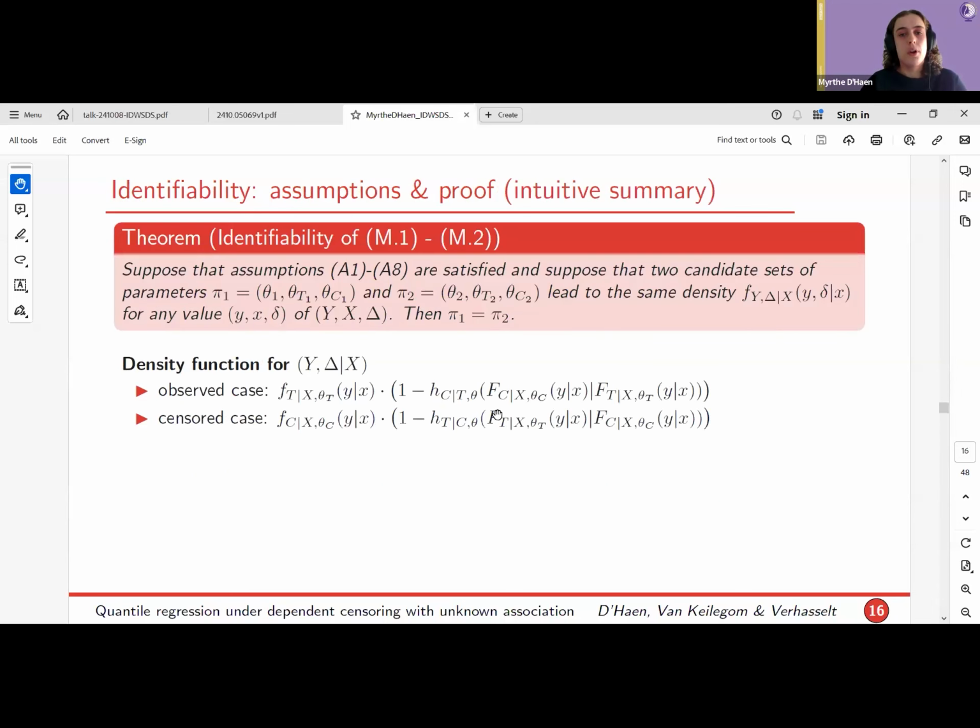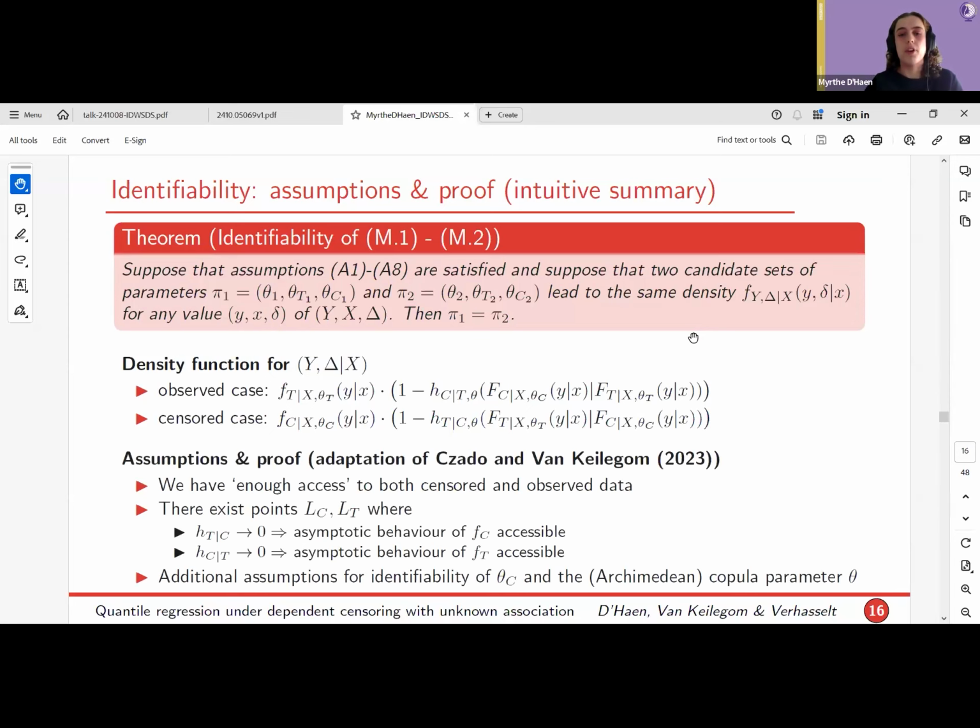So after this important intermezzo on the parameter status of lambda, let us get back to the identifiability. So now we will assume that lambda is present in the parameter vector only in those cases which can be identified, of course. As I indicated, the proof is rather involved, or at least lengthy. So I won't bore you with the details here, but let me just point out that we used an adaptation of the proof of the work that was just presented.